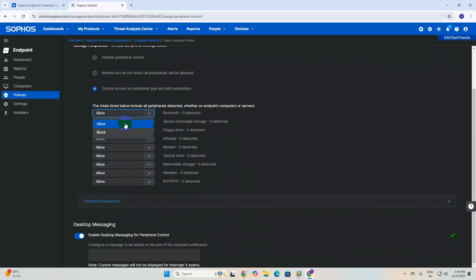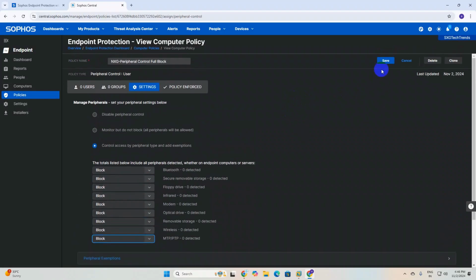Here you can block all. Here you select all block. I am selecting manually one by one, and then click on save.